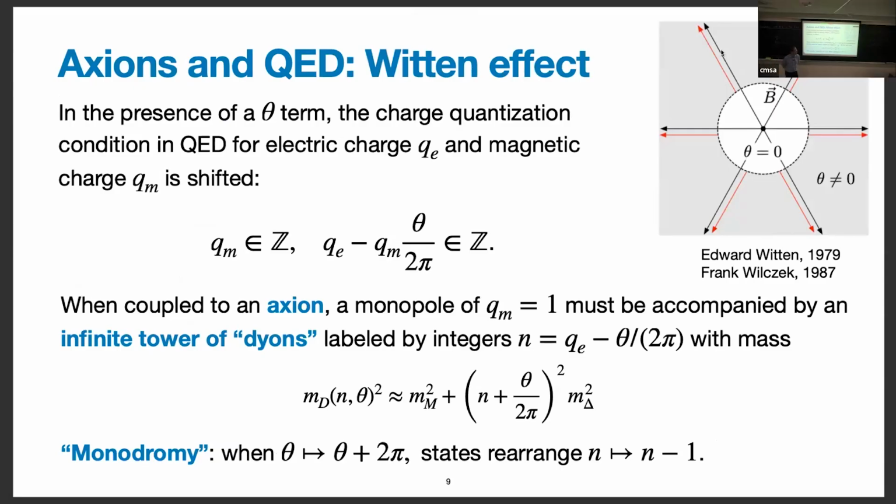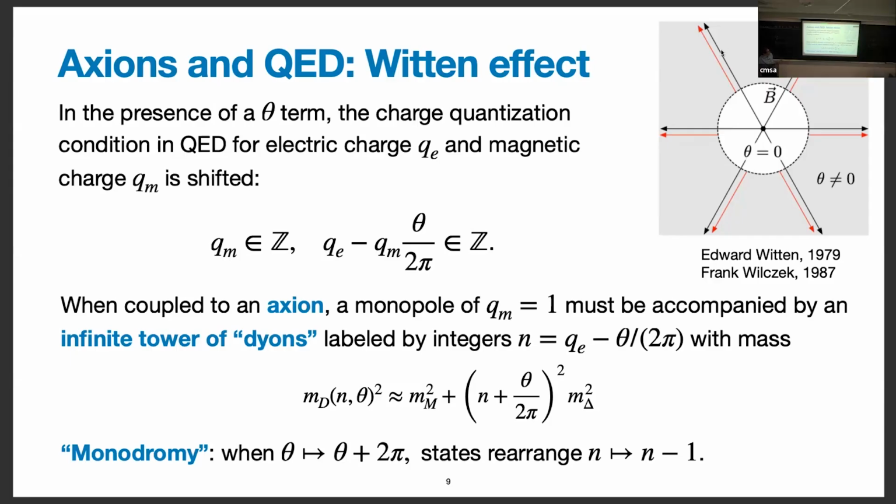One other general thing I want to say before I get to more specifics is to tell you about something called the Witten effect. This was another 1979 paper of Witten, the same year he calculated the neutron EDM. He noticed that the theta term for QED has an interesting physical effect, which is that in the presence of a theta term for QED, if you can find a magnetic monopole, the magnetic monopole will acquire a fractional electric charge. So there are two charges in the theory, a magnetic charge Q_M and an electric charge Q_E. In the presence of a theta term, you can show that Q_M is still an integer like you would have thought all along, but Q_E is now an integer plus Q_M times theta over 2 pi.